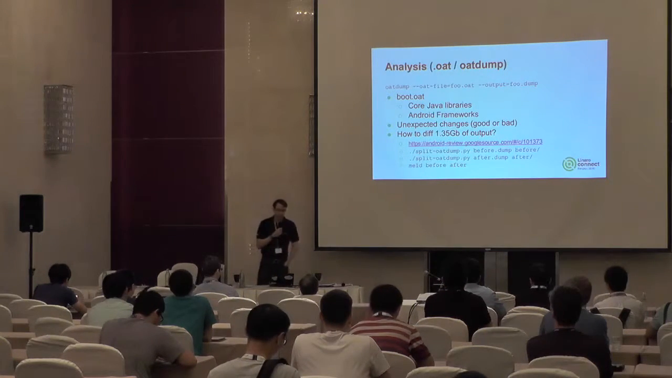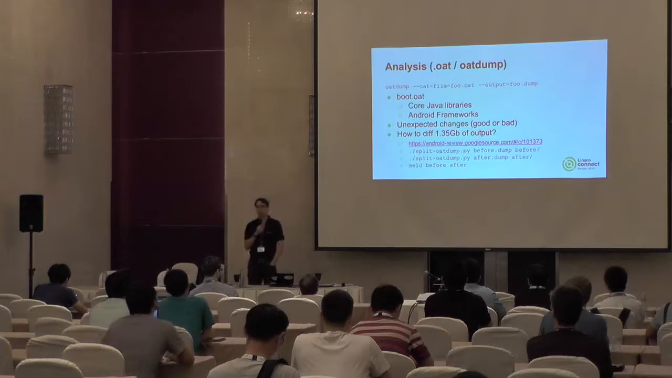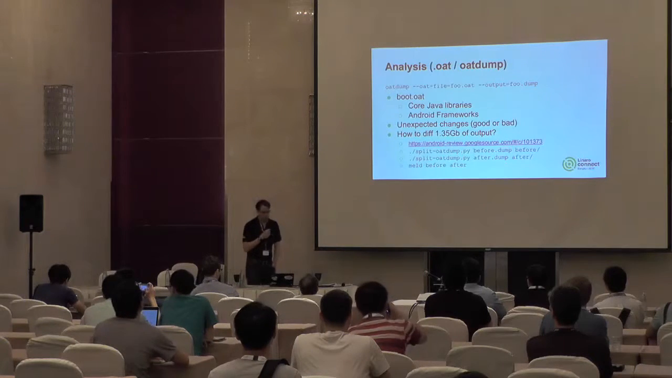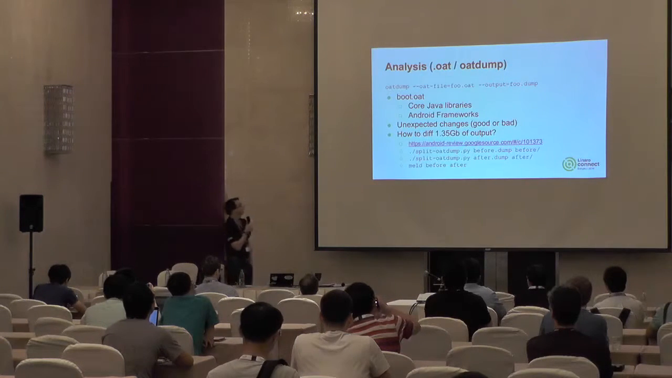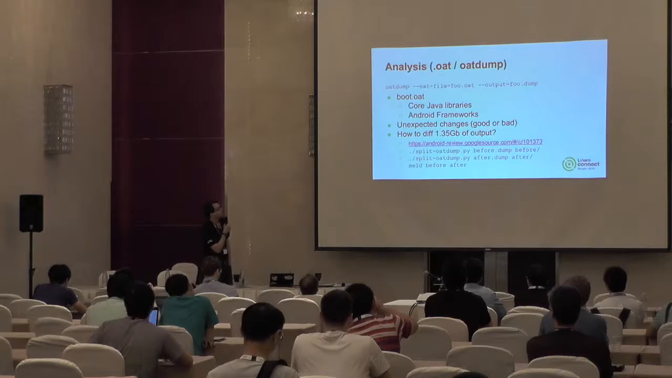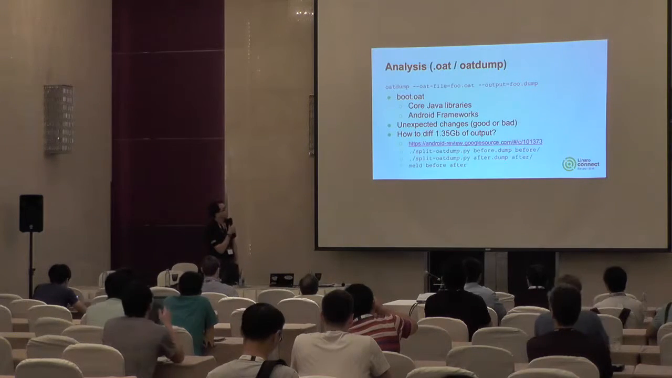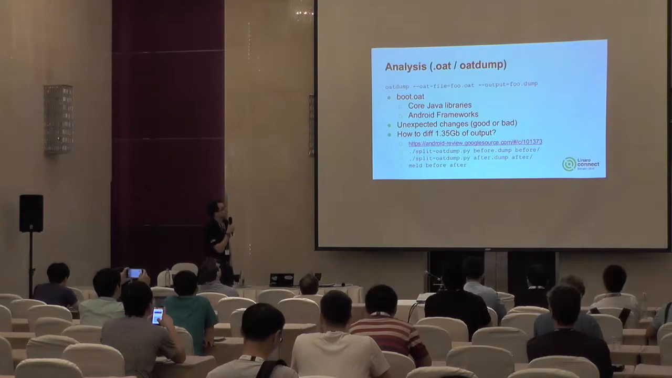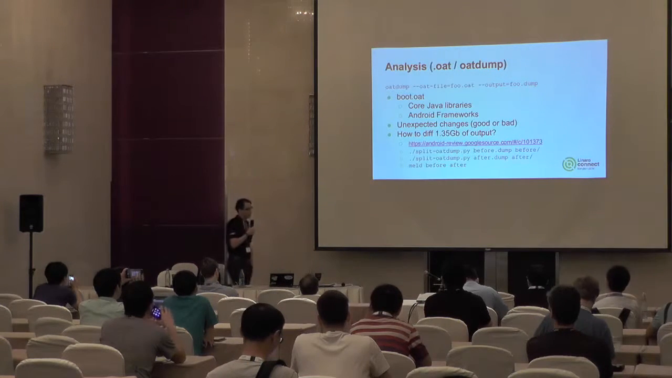Another form of static analysis is looking at the assembly that's generated itself, the generated code. So you can use oat dump for this. Foo.oat being the output of Dex2oat, so we've compiled some Java to an oat file. And we're going to redirect the output to a dump file. So boot.oat is